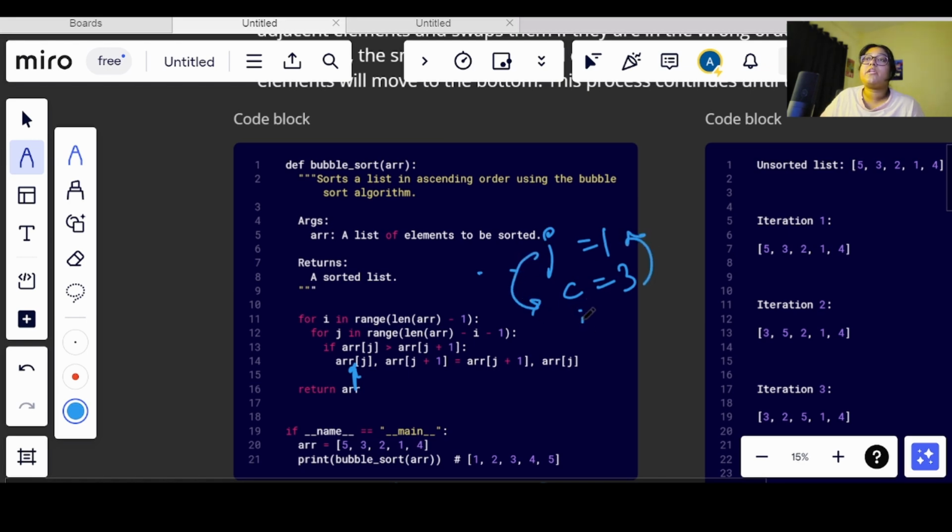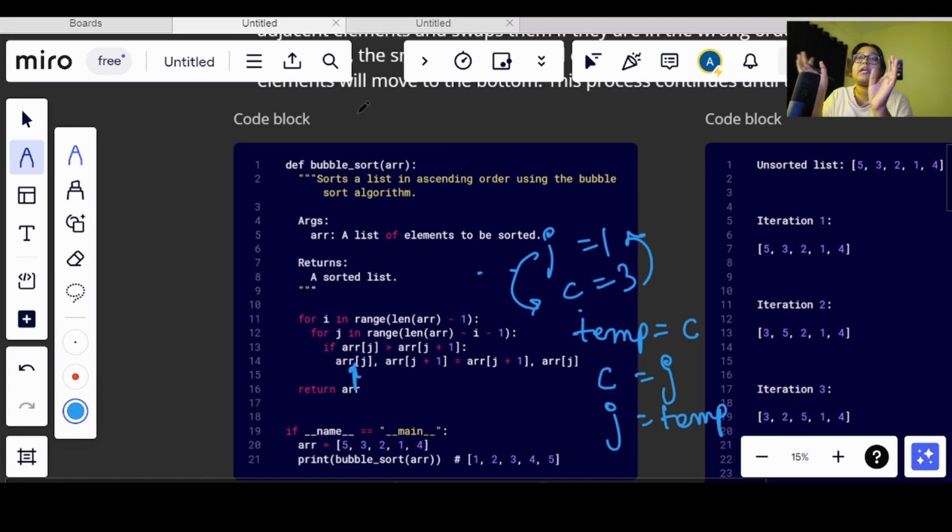So usually what we do is take a temp variable, assign a value into that, right? Then in c we assign j, and again in j we assign the temp value. But here, simply, you can take two numbers and reverse them in the way you want to assign.